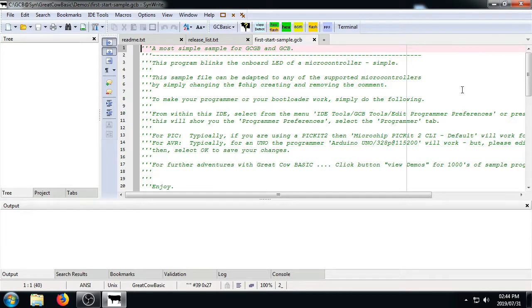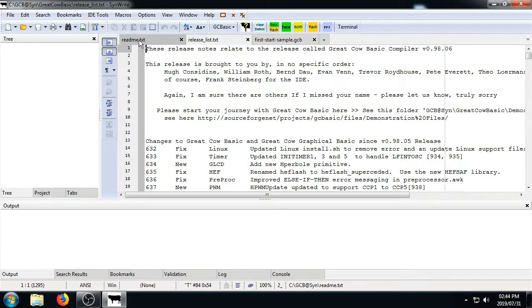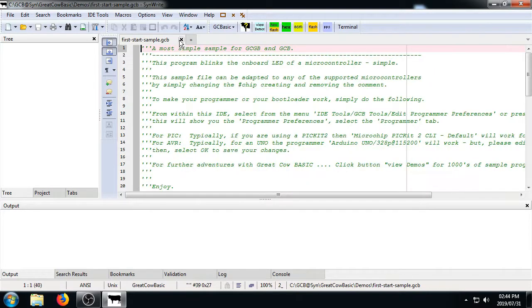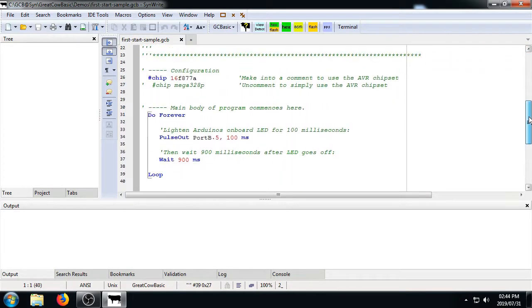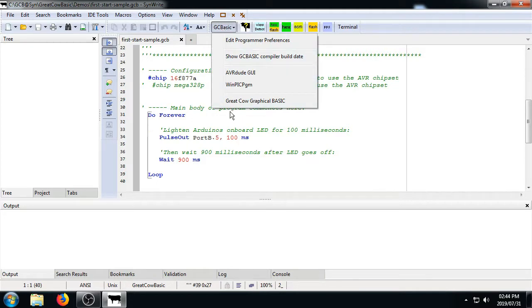So when it first opens, we will be presented with a first start sample, a release list and a readme. You can go through those, but they're not really necessary. The important things for us to know within SimWrite is how to get to all the things we need to do. If we look here at the top, you will see there is GC Basic and there's a little drop down menu,